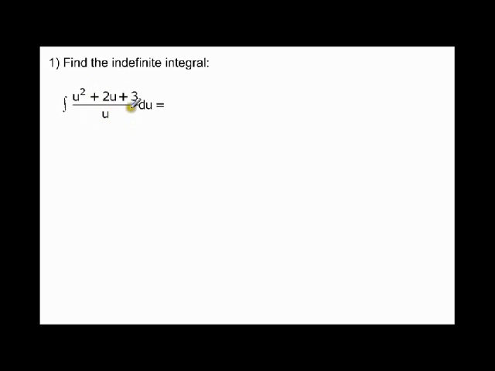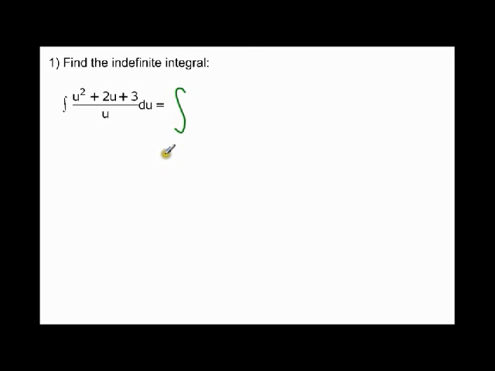Okay, now this is division, right? So remember when we did division with derivatives, we had to use a quotient rule. Well, we don't have anything like that for integrals, so what we have to do is somehow play around with this and see how we could turn it into something that we've seen. Okay, so an example of what we could do is, well, we could just take that and say, well, that's